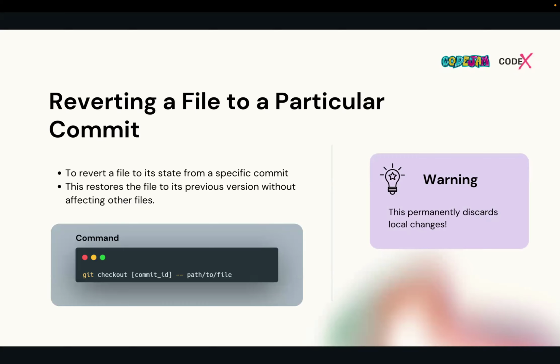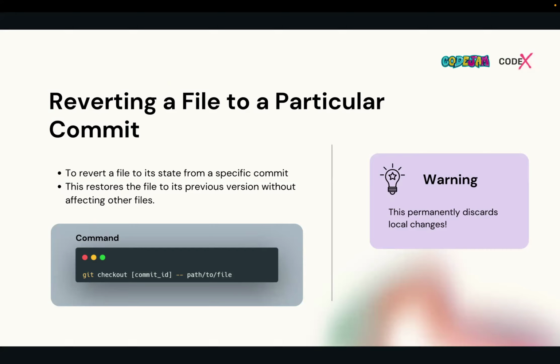As I mentioned earlier, a commit is a chunk of code, a bunch of files. So in that sense, you can take a file out from that commit and revert that particular file only to some point back in the timeline.